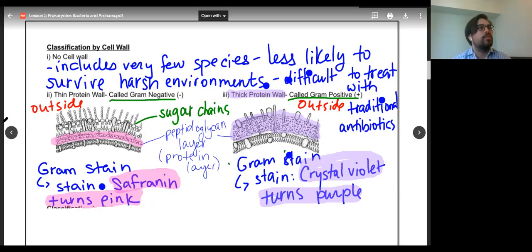All right, questions? What are sugar chains, and do gram-positives have sugar chains? Yes, but they're not as predominant. They're not as predominant because these sugar chains here, I'll show you the different color. The sugar chains here,